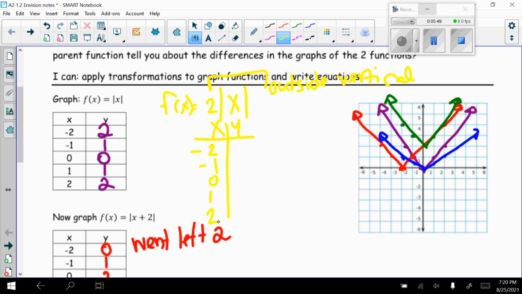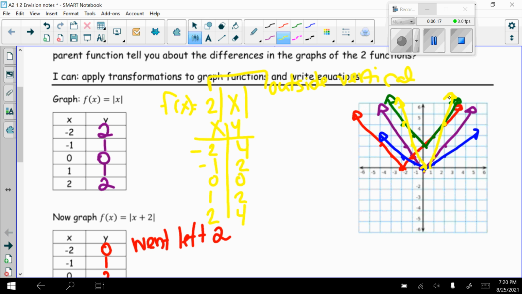Absolute value of -2 is 2. 2 times 2 is 4. Absolute value of -1 is 1. 1 times 2 is 2. It's going to be 0, 2, and 4. So plot these points: over -2 up 4, over -1 up 2, 0, 0 still, over 1 up 2, over 2 up 4,